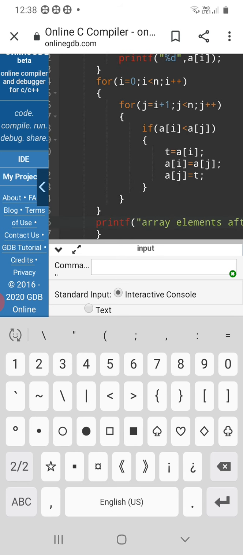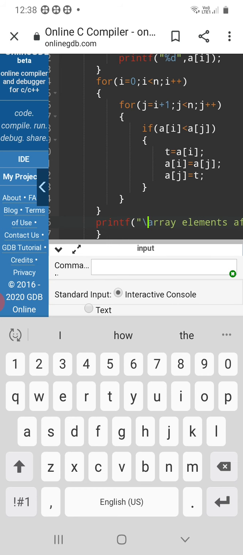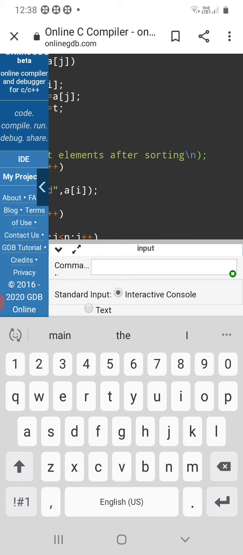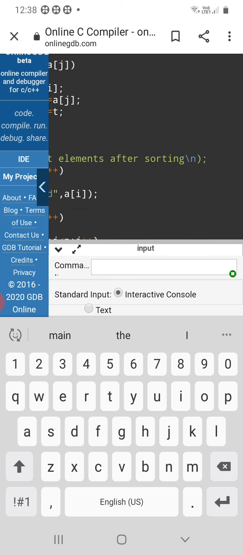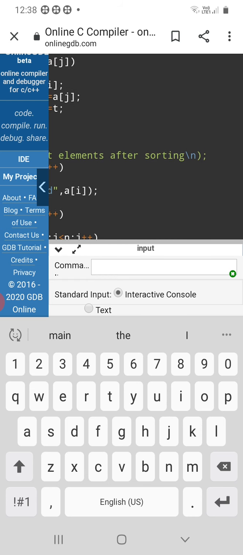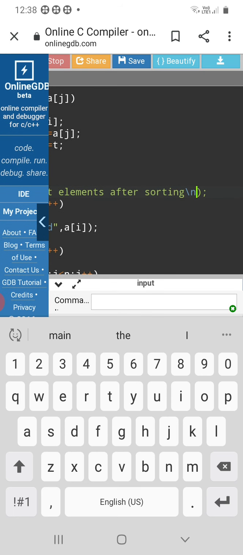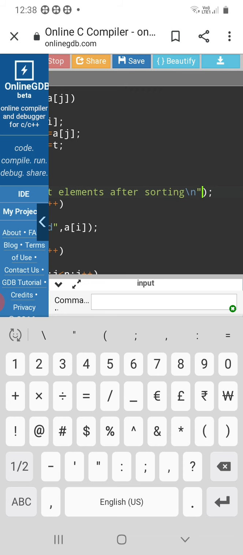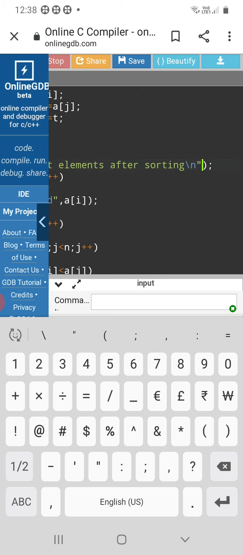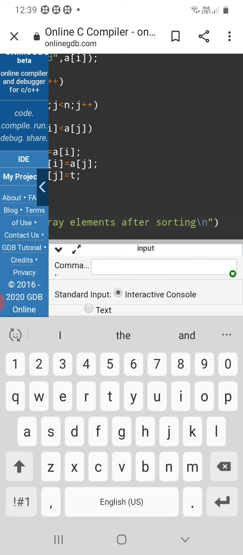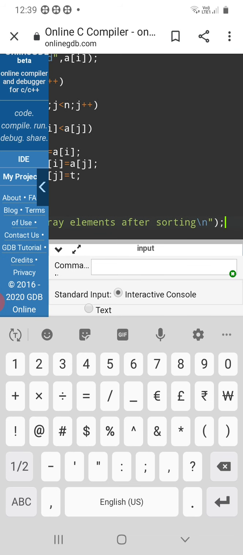Here I am using the initial backslash n for printing the next line. Terminating the statement with semicolon.